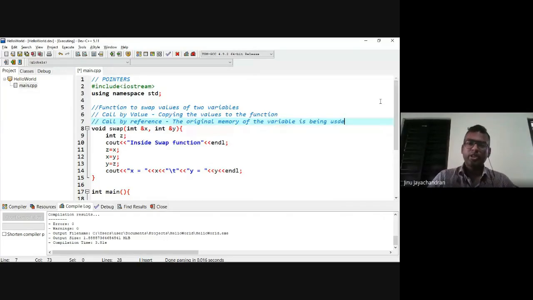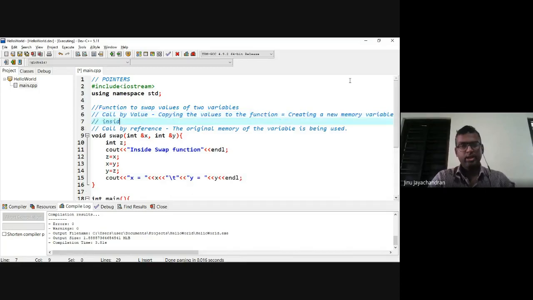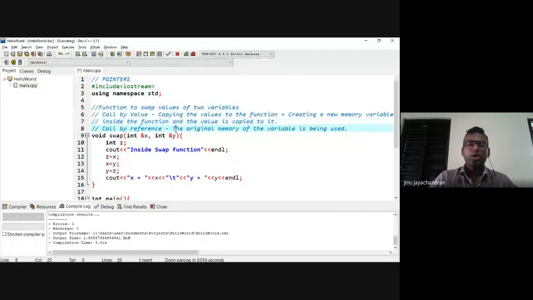So copying the values to the function means you are creating a new memory variable inside the function, and the value is copied to it. In call by reference, you are not creating a new memory, but instead the original memory itself is used.